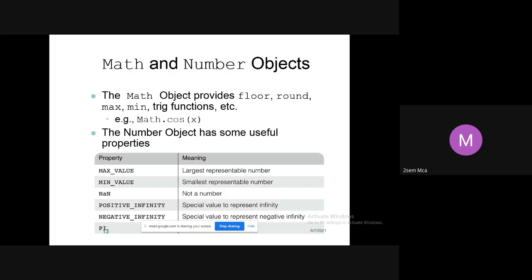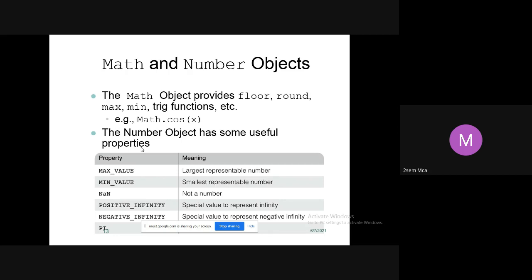So if we want to use them, we write Math.cos, Math.tan, like that in the program. And to round off a value, and to find the maximum and minimum of values, we use this math function.